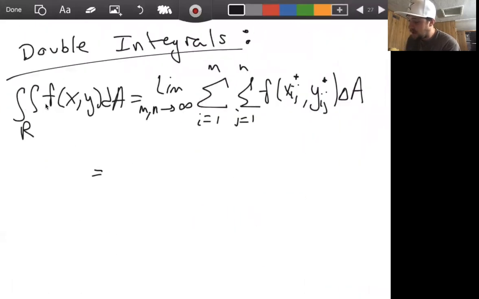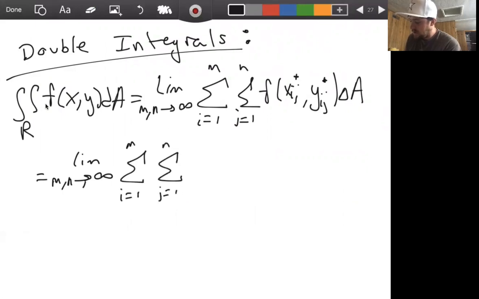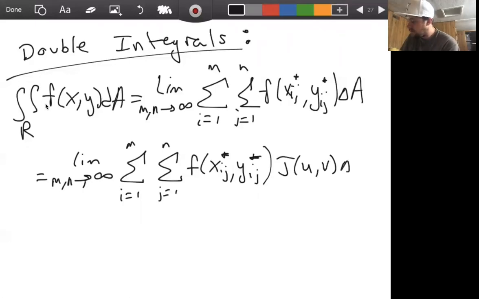And so because of that, we get that this formula is the same as the limit as m and n go to infinity of the sum i equals 1 to m, j equals 1 to n, of f of x_ij star, y_ij star, times the Jacobian times delta u delta v. And so we get this nice theorem